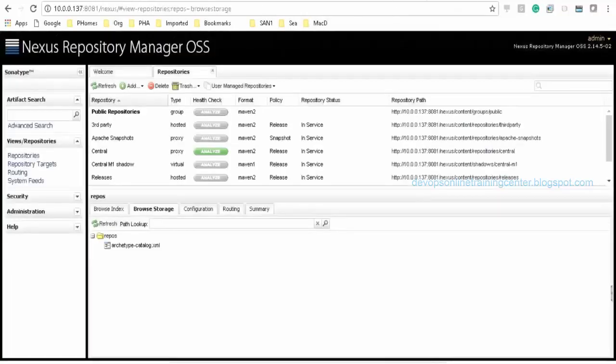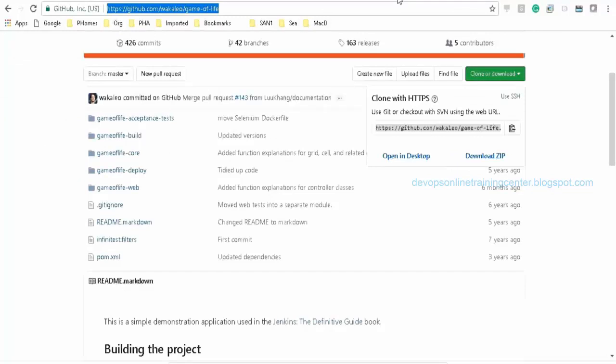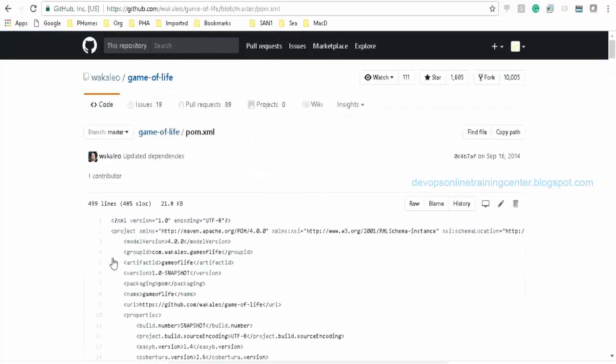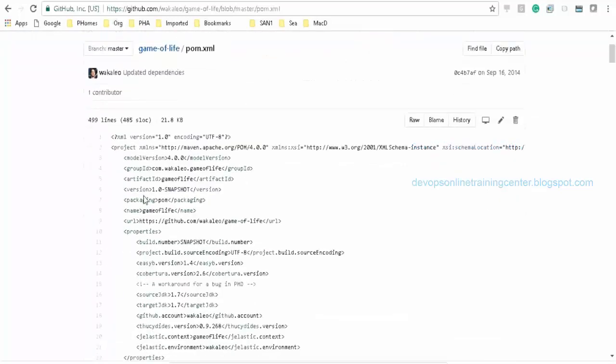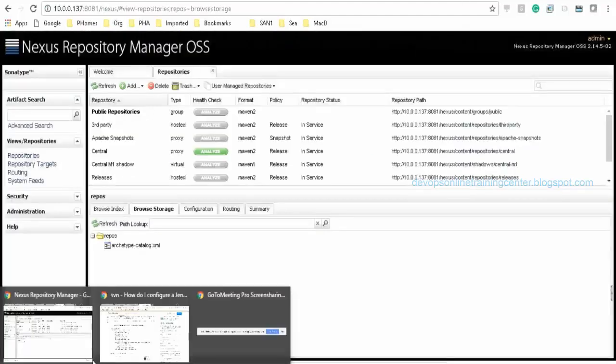Okay, let us see what the problem is. I think this is a problem. This is also fine. 1.0 snapshot is what we have given. Okay, let me see here.